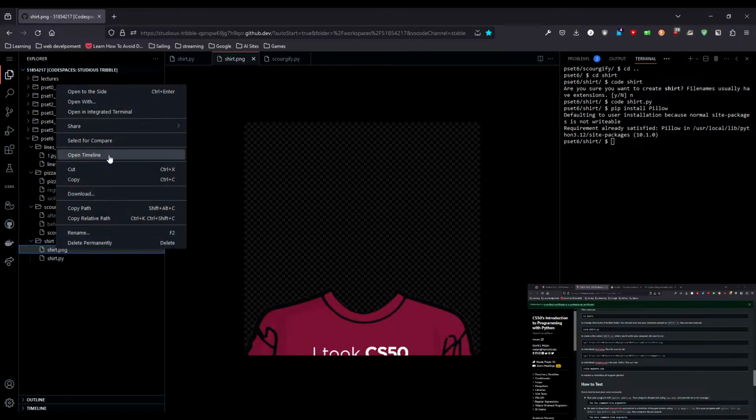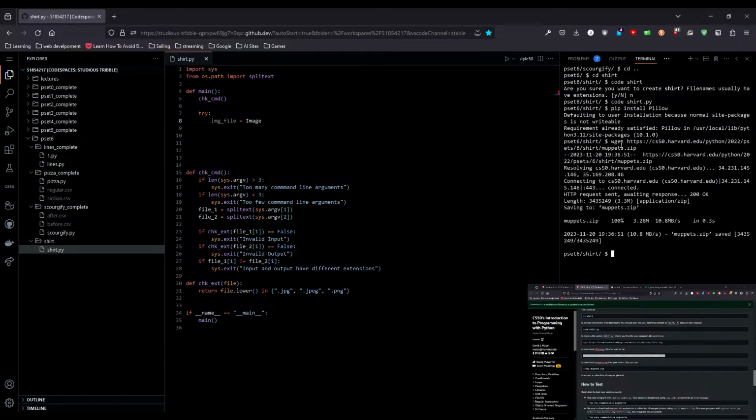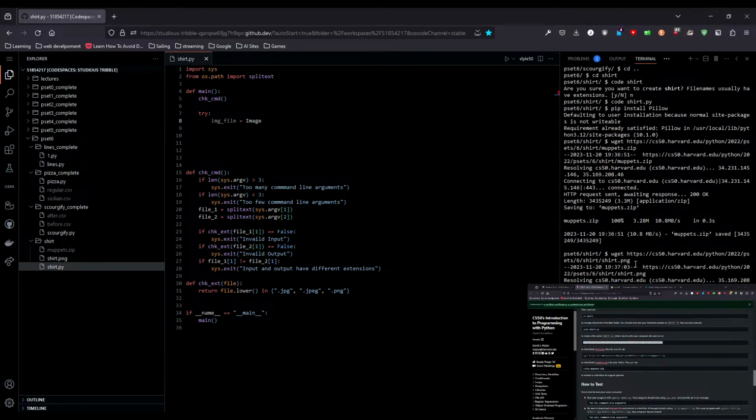Apparently I have done this wrong. So we'll hit delete permanently because I'm not reading this. Sorry. Command copy. Command copy. Okay, and then we need to